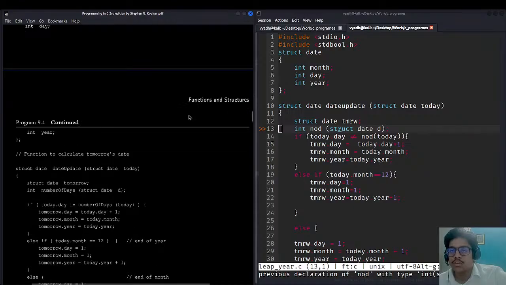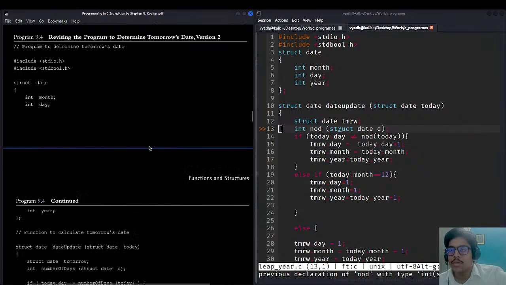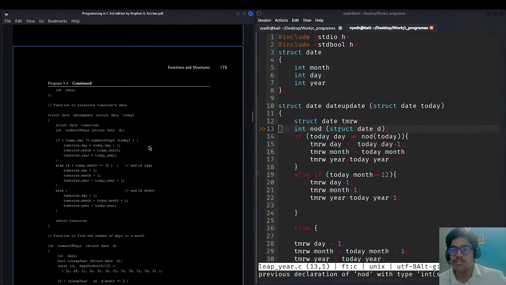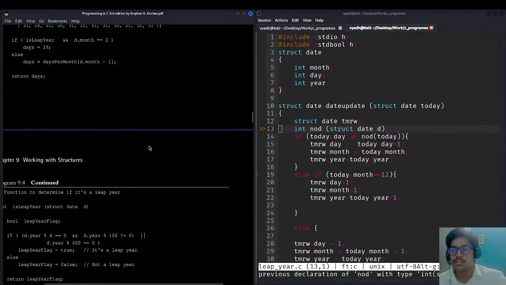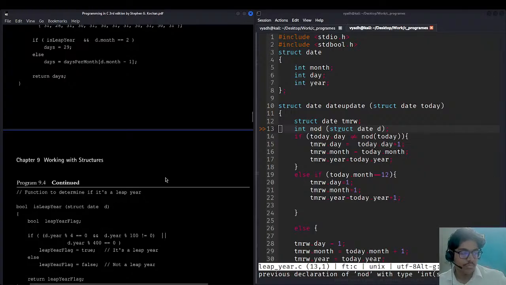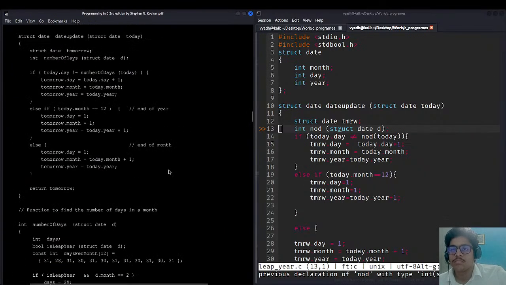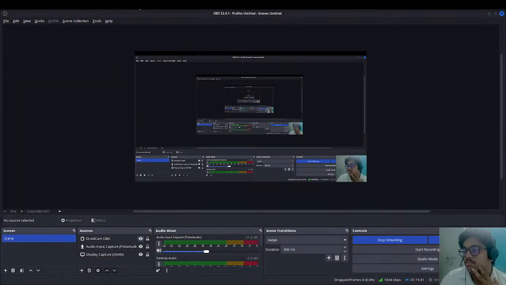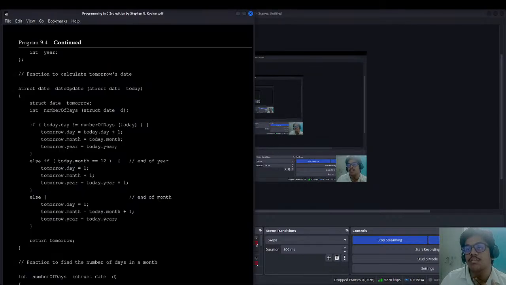इंट ईयर हो गया, स्ट्रक्ट डेट, डेट अपडेट हो गया, पेज ठीक है क्या? एक मिनट, 174, 175, 176। क्या टाइम हो गया, कितना टाइम हो गया मैं स्ट्रीम पे? 1 घंटा 15 मिनट, ठीक है।